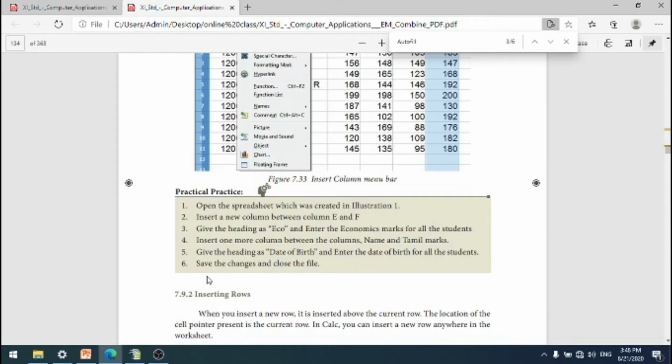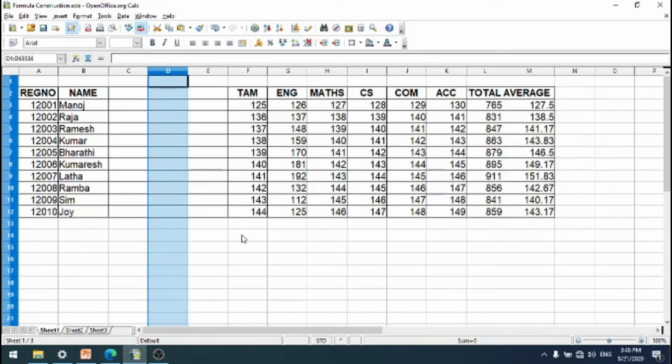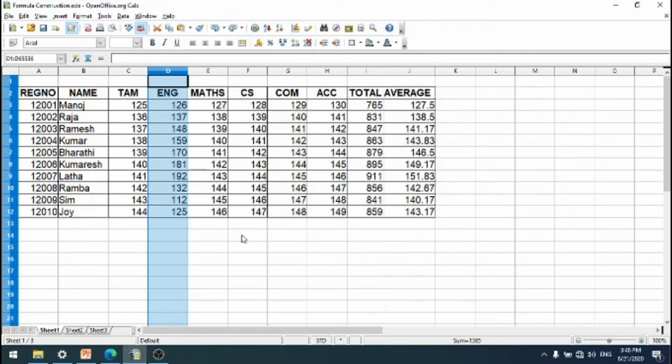Now we are going to do this. Insert a new column between E and F. Now I am going to insert a column before the selected column F. So I have selected this part, nothing but simply I have clicked on the heading.